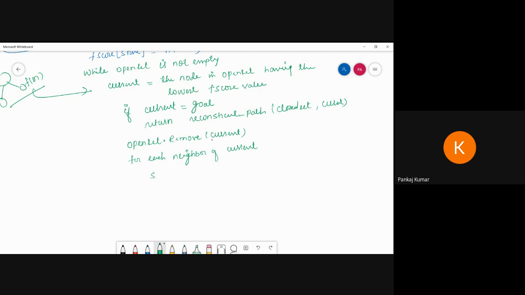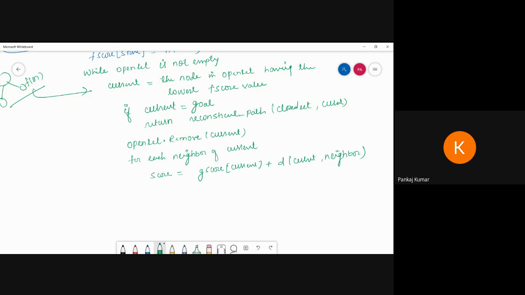The score is equal to G score of current plus the distance from current to neighbor. So this one is calculated.